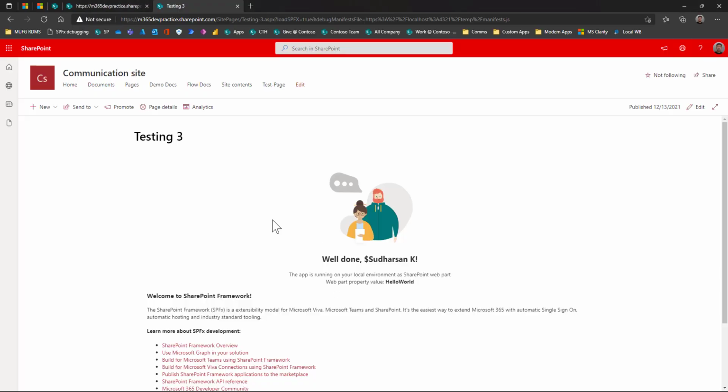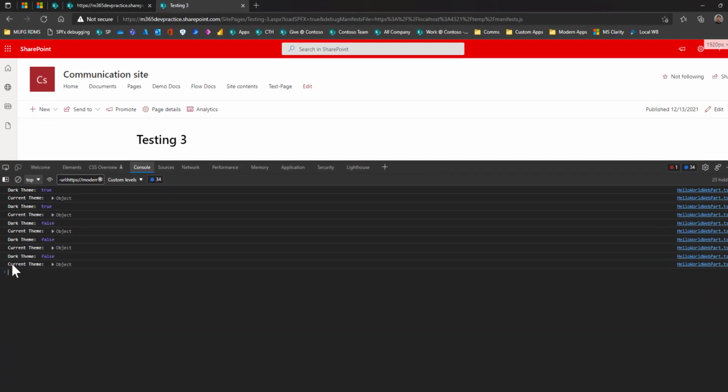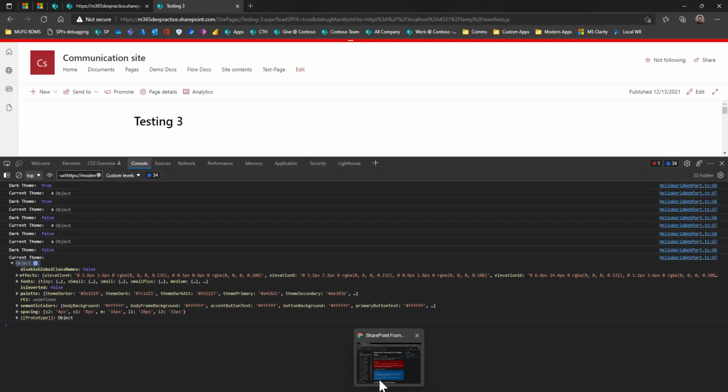If you see here, I have loaded it in the developer tools and displayed the current theme object, where you can get effects, fonts, palette, semantic colors, and spacing. You can use any of these properties in your web part. It's very easy now.